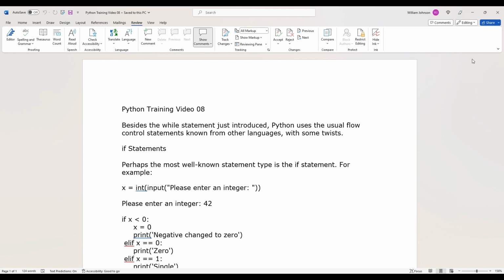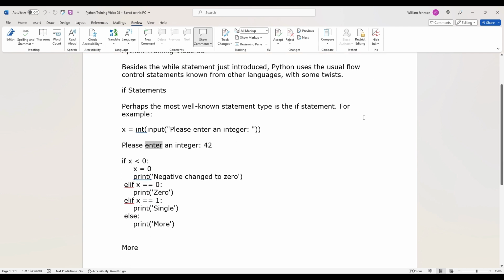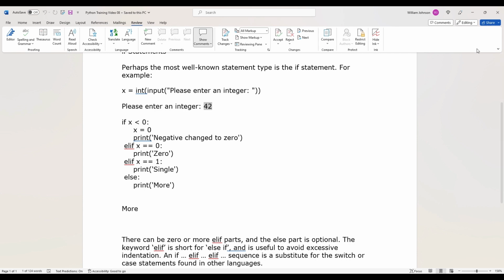All right. Okay, let's start reading the manual. Besides the while statement just introduced, Python uses the usual flow control statements known from other languages, with some twists. If statements. Perhaps the most well-known statement type is the if statement. For example, x = int(input("Please enter an integer: ")). Please enter an integer: 42. If x < 0: